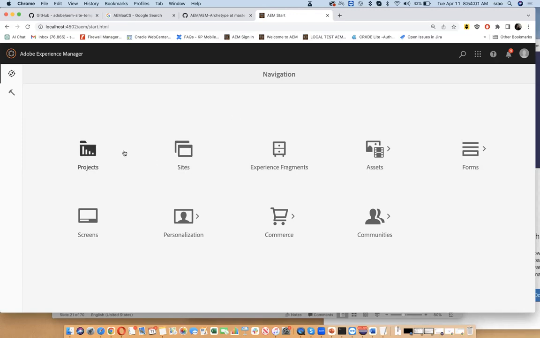The project has to be created according to the Adobe AEM Maven archetype. This is based on Apache Maven. So the project has to be created either manually, with the folder structure, or through the Maven archetype. Once the project is built, then you can build sites. The developer sets up the basics of the sites, and once the site infrastructure is there, content authors will go ahead and start.